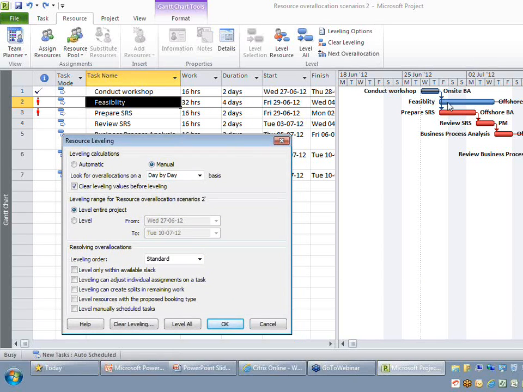But as you can see, I cannot push this task to the later date, because the offshore business analyst is available only on the prepare SRS and the business process analysis. Naturally, I can push this task only on or after a particular date, which will effectively push the critical path to a later date. So in order to do it, what I am going to look at is the third